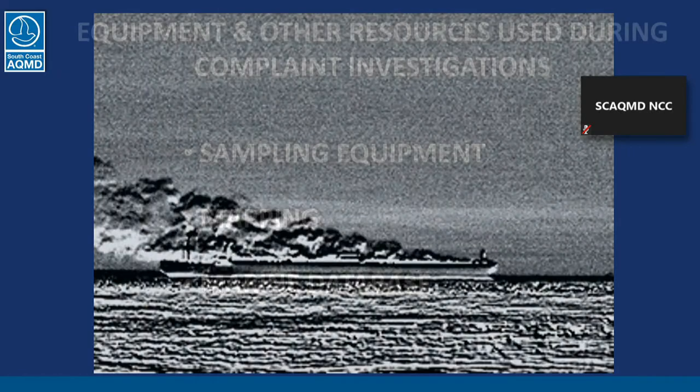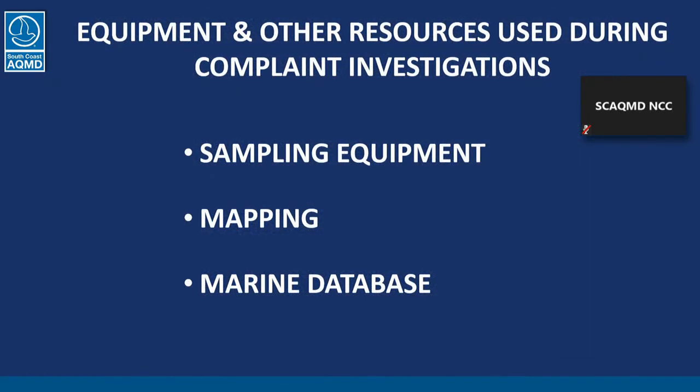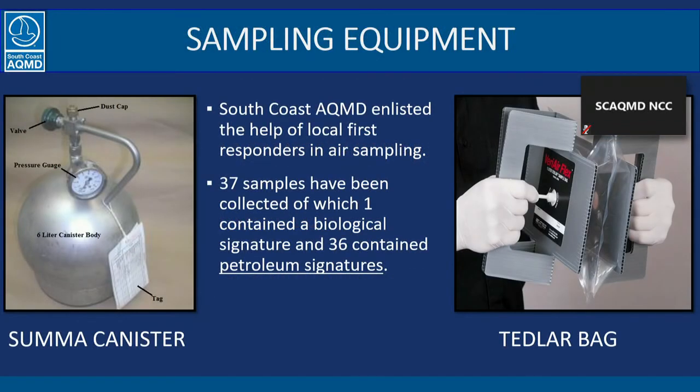So with that information, we wanted to employ more technology to help us in our investigation. So what we did was we used sampling equipment. We used Tedlar bags and Summa canisters to grab air samples. And out of 37 samples, 36 of them came back with a petroleum signature. And so what that told us was it helped us focus more of our efforts towards these offshore sources, these